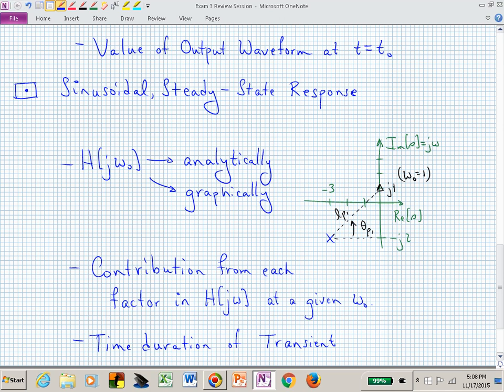And I might ask you, for example, this illustration might be, tell me the phase contribution due to the pole in the third quadrant, or the pole at -3 minus j2. And now I'm just wanting you to find theta sub p1. I'm not asking you to find all of the different angles of the different poles and zeros of your overall transfer function. When you say the contribution,